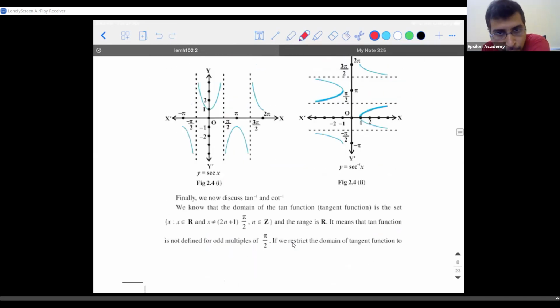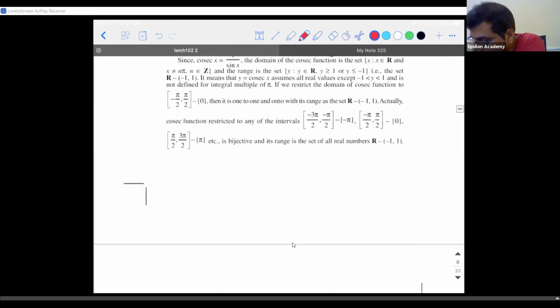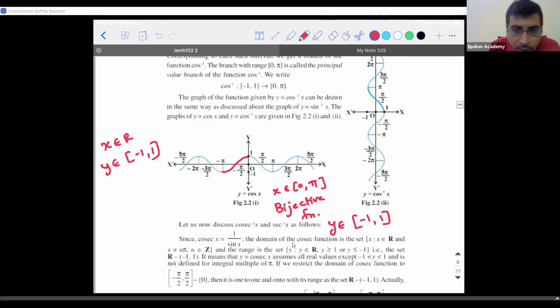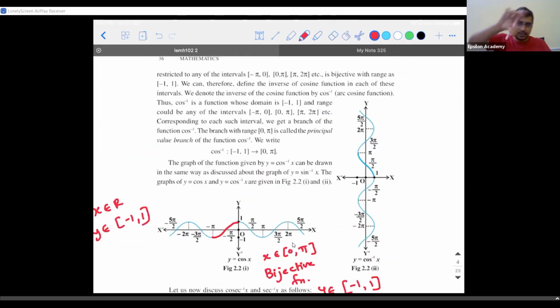But I hope this point is clear, no? If you restrict it from 0 to pi, it becomes a one-to-one function. So when you tilt the graph, that is, if the radians become the output and the values become the input, then this will become the inverse function. For this inverse function, where am I supposed to restrict the values? Just like this.